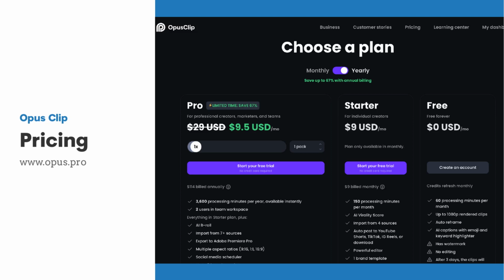But with the $9.50 US a month plan, you get 3,600 processing minutes, 2 users in the team workspace, and everything that's in the starter plan, which is $9 a month also, which is they give you an AI virality score. I don't really know what that means. Import from 4 different sources, auto post to YouTube Shorts, TikTok, and Instagram Reels, multiple aspect ratios, social media scheduler,